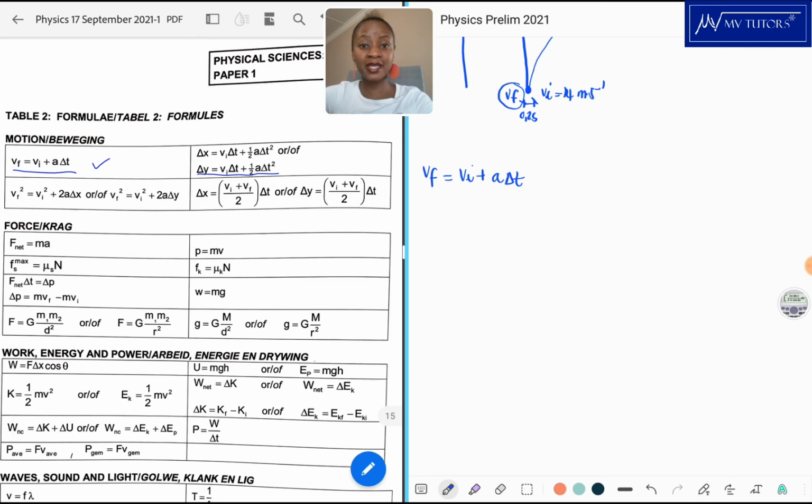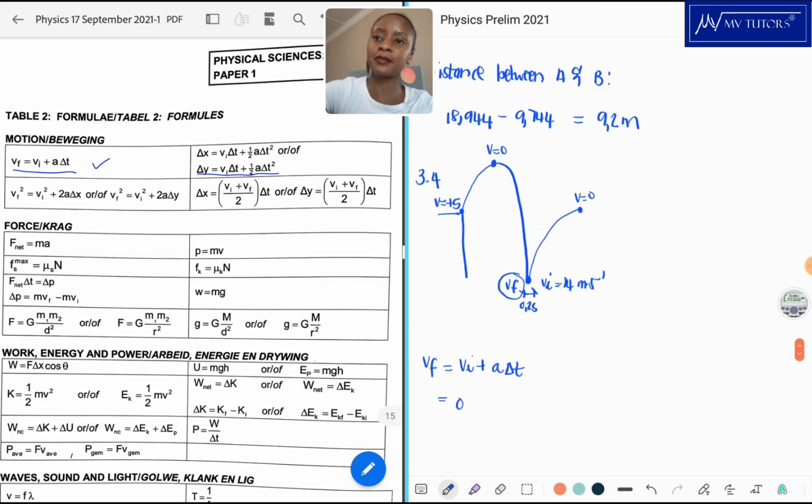Remember, we know the time it takes from the maximum position to the bottom. Okay, so our initial velocity is going to be 0 because we're taking it pretty much from here. So initial velocity is 0, and the acceleration is going to be negative 9.8. No, actually now we're going down. Okay, so it's just going to be 9.8 because we are going down. All right, and then delta t, remember it took